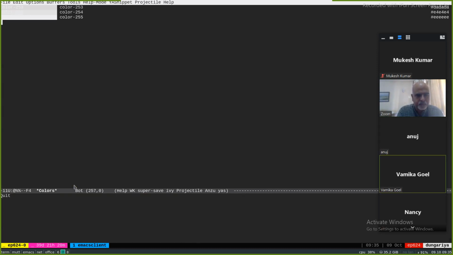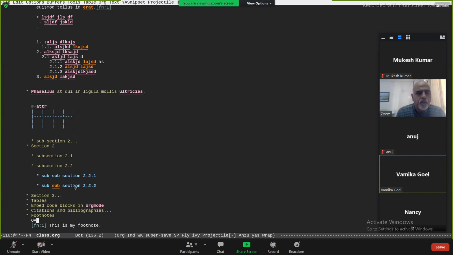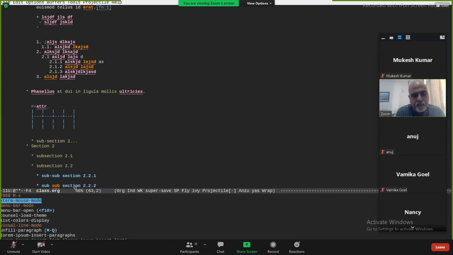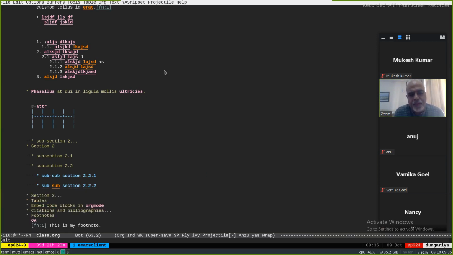Can you explain once again how you get the menu bar on top, like File, Edit, Options? Oh, I do Meta X menu-bar-mode, and I get the menu on the top. I keep the menu disabled by default because it's unnecessary. But if you're using something where you don't know the command, it may be handy.